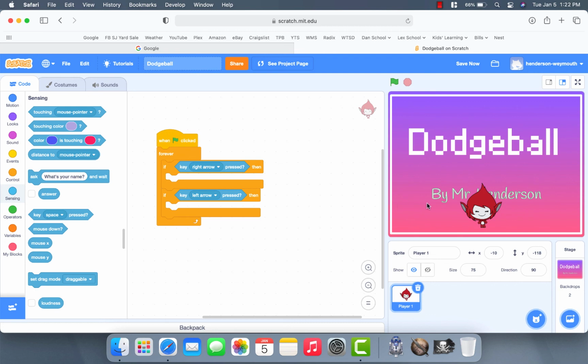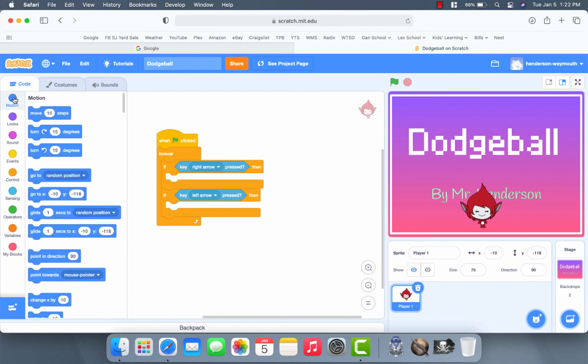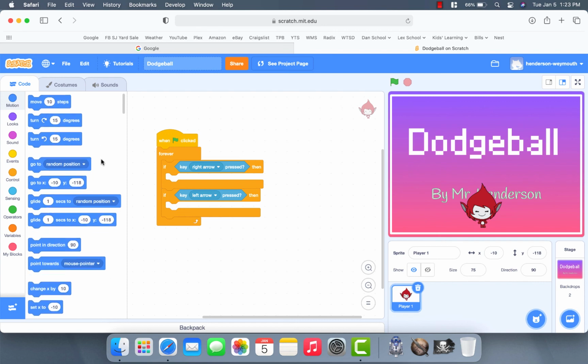The X position is basically where it is horizontally, or left and right. So I'm going to go to my motion section right here. See the move 10 steps? That's what I was mentioning. That's another technique. It's used in other ways. If you wanted to experiment right now and see how it works, you can put in the move block. However, in my opinion, it's not going to move as smooth or as well in this technique,